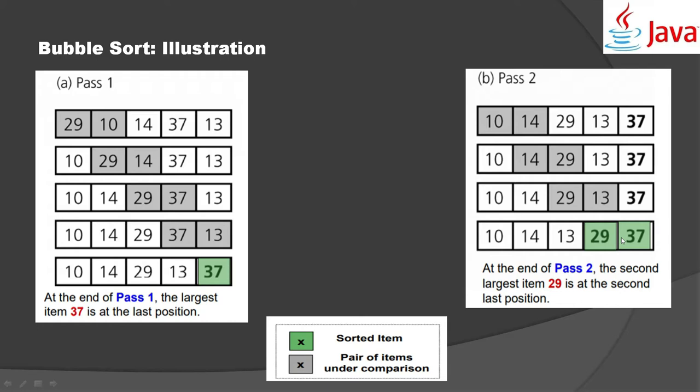In that fashion, if your input array has 5 elements, then after four iterations the complete array will be sorted. If you have 10 elements in your array, how many iterations are needed to sort the complete array? N minus 1, meaning 9 iterations are needed to sort the entire array.